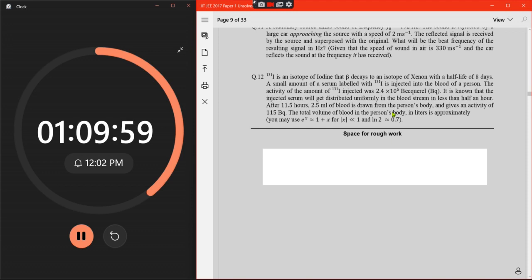So, 2.5 in liters, right? 25 times 10 power negative 4 upon the volume we require. That is the fraction that we have, and this times the initial activity, times e power negative t upon, okay, I should not do that. It's like 1 upon 2 power t upon t half, right? This thing is equal to